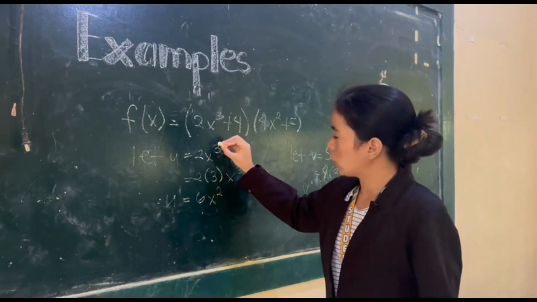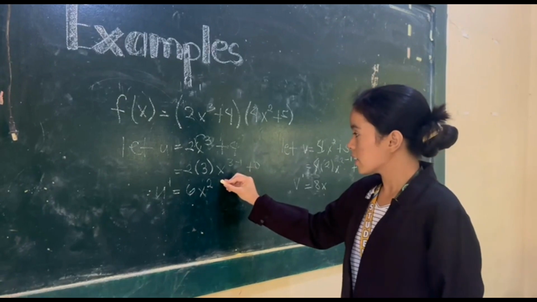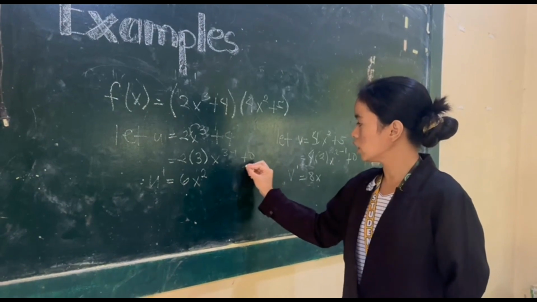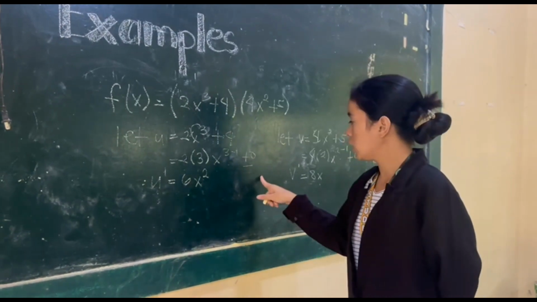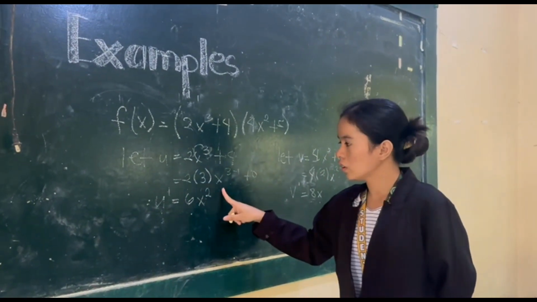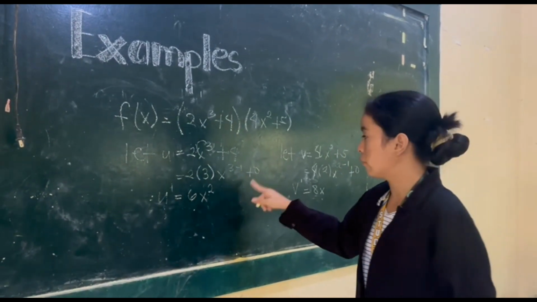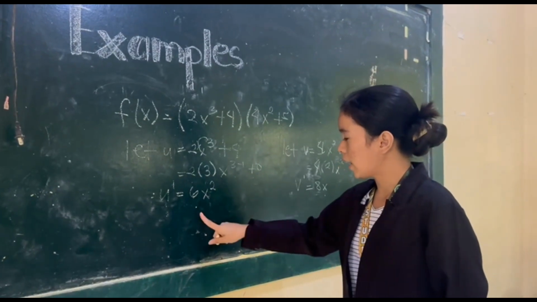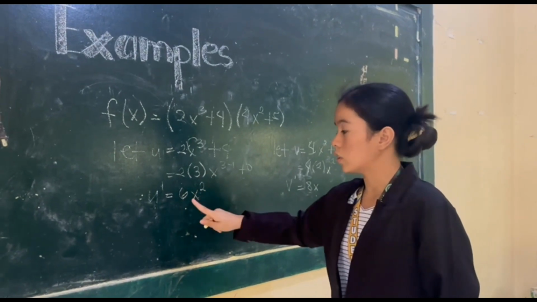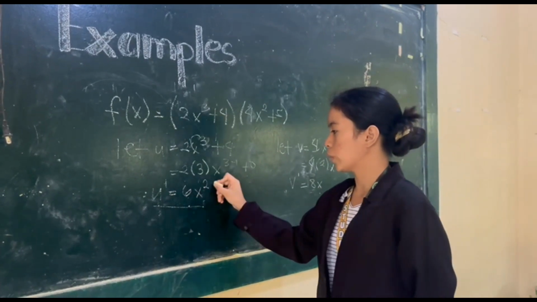So 3 ilagay siya dito. So, magiging 2 times 3x raised to the power of 3 minus 1 plus 0. Bakit siya naging 0? It's because on theorem 13, any constant number will be equal to 0. So, bakit siya, so dito naman, bakit siya naging x raised to the power of 3 minus 1? Because of theorem 14. Then, the answer is, then multiply, it will become 6. 2 times 3 is equal to 6. 3 minus 1 is equal to 2. So, the u prime is 6x squared.